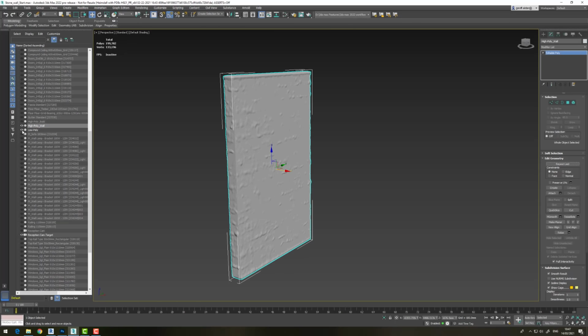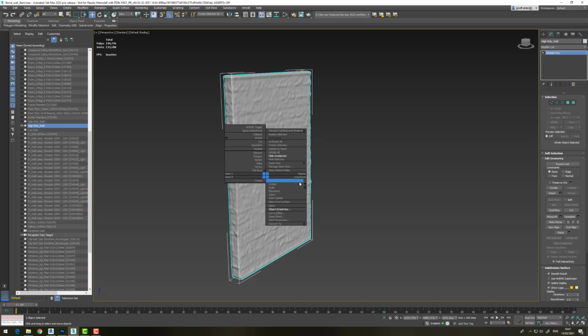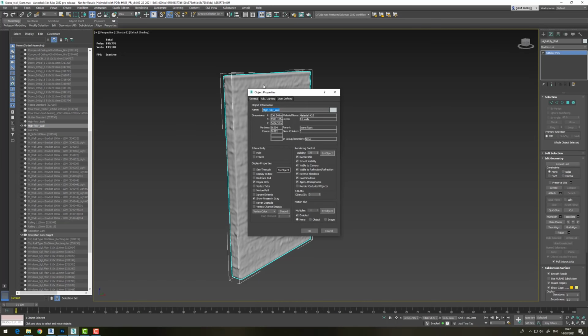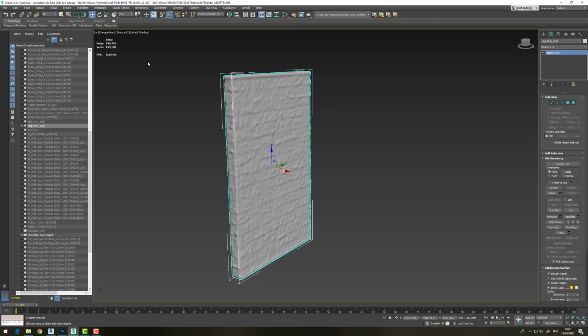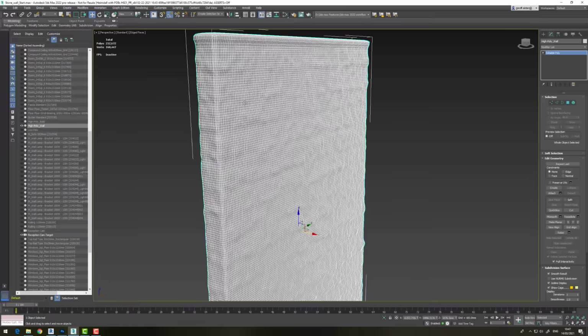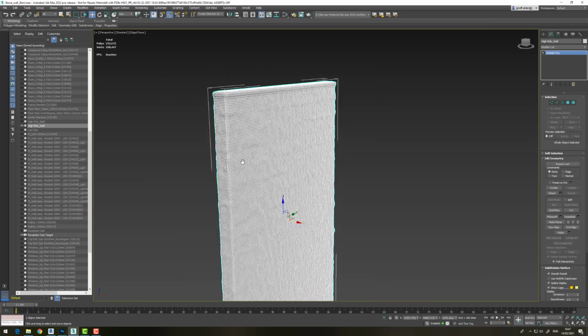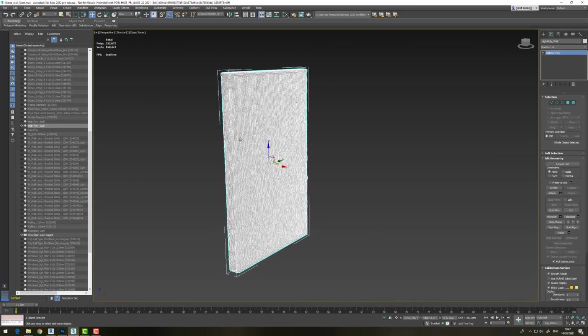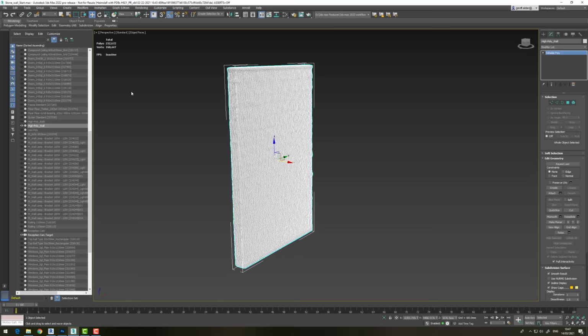If I hide the low poly, you can see that's just the high poly. But if I look at the object properties of this, you can see that there's faces here. I've got 66,000 faces here, and even if I come over to view these edge faces, we would see that it's a relatively dense polygon count here. Now that particular model itself would take a little bit of time to render, so what we need to do